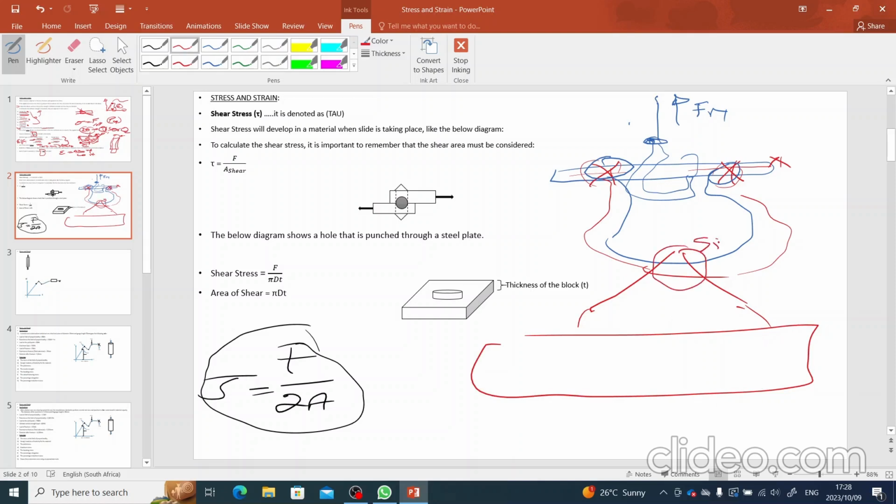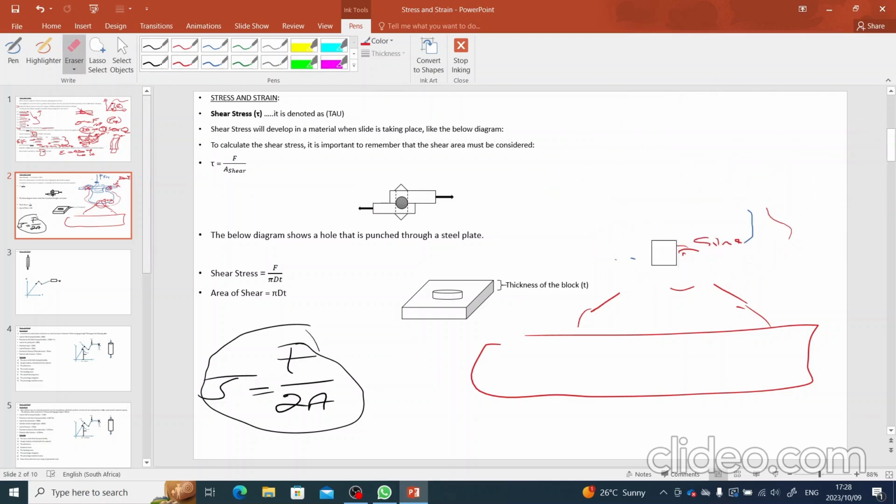This would be single shear. But under this pin, it will be double shear. Okay? Please, you need to read the given information carefully. Okay? When coming to the shear stress, now, again under the shear stress,